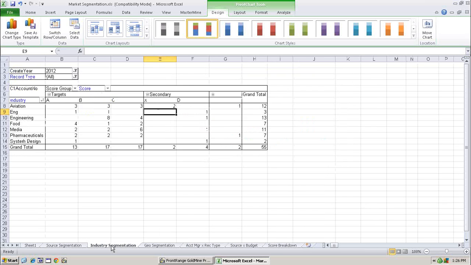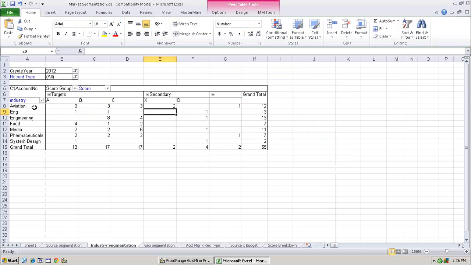So here's just another example of pretty much the same thing, but with our ABC score, showing us our A's, B's, and C's prospects, as well as some that were deemed not to be A, B, or C, and we've grouped them here. The reason I included this is I just wanted to illustrate this roll up, roll down. So with the full detail, you can display it all, but inside of your reports,